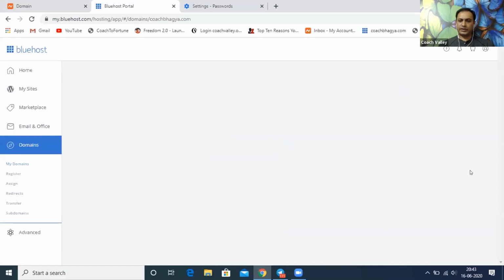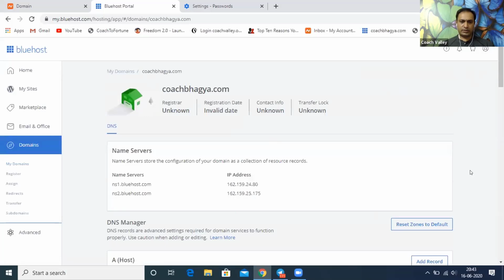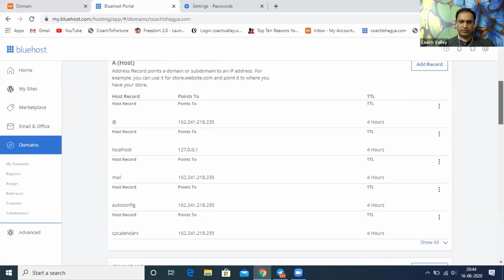So we want to quickly check. So others can also start doing it if you're able to. Okay, now if you see the name server, ns1.bluehost.com, ns2.bluehost.com, it's there, right? So the same thing should also be there in the name server of domains also. So this is perfect. Can you come down? Can you just scroll down a little bit?